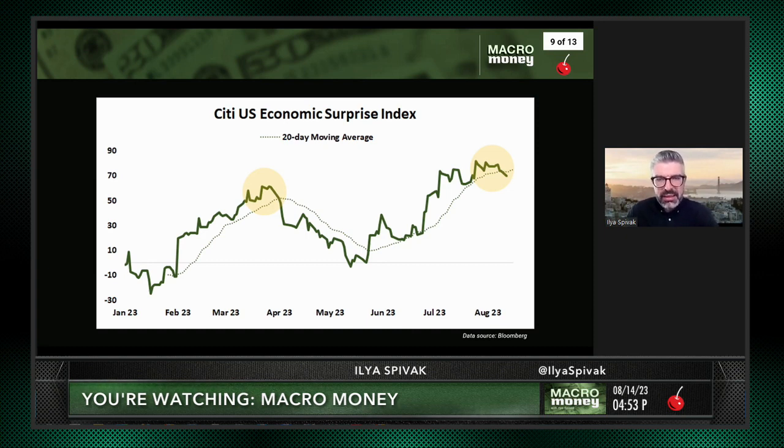So the monthly trend seems to be violated. This is daily data. There's about 5 days in a week, about 4 weeks in a month, hence a 20-day moving average. 5 times 4. So we seem to have some kind of a rolling over here. And the data that we've seen over the past several weeks, and indeed we can just keep it to the past week and some change, seems to follow in this vein.